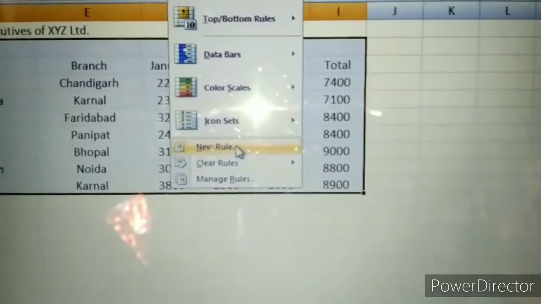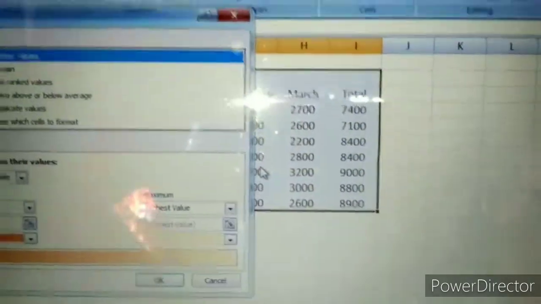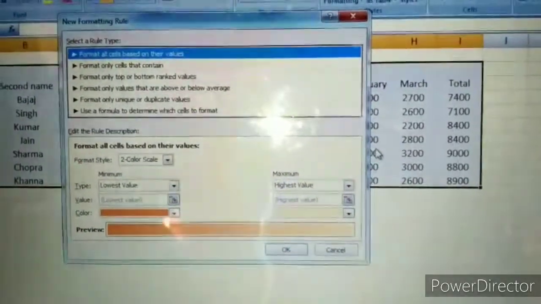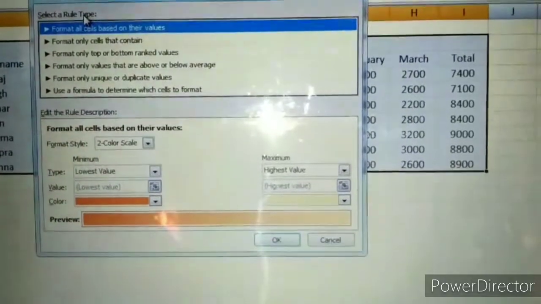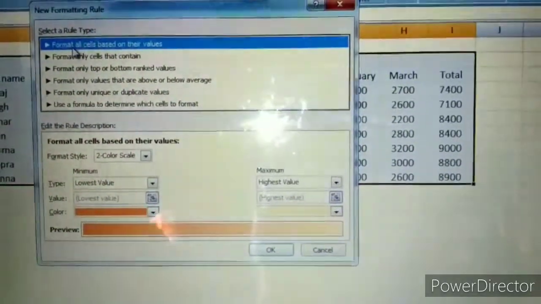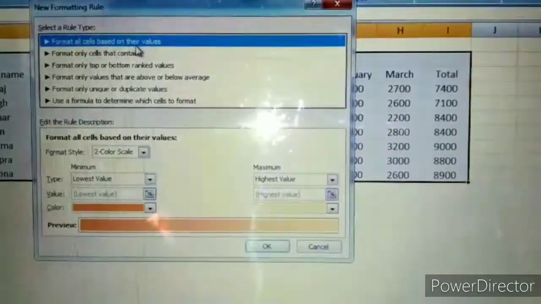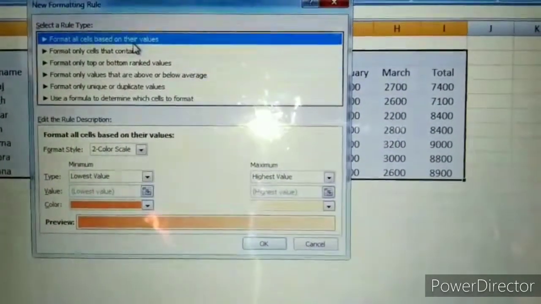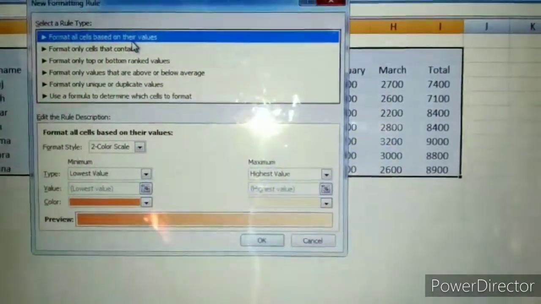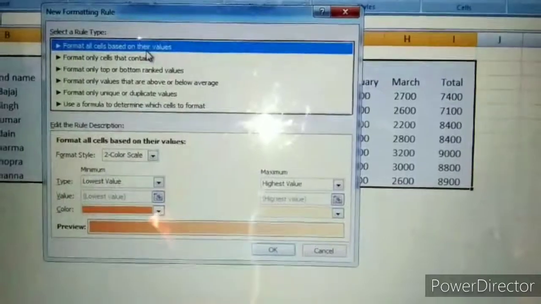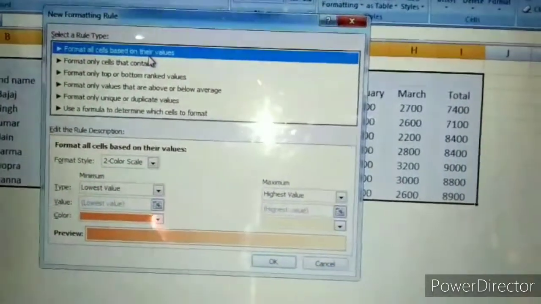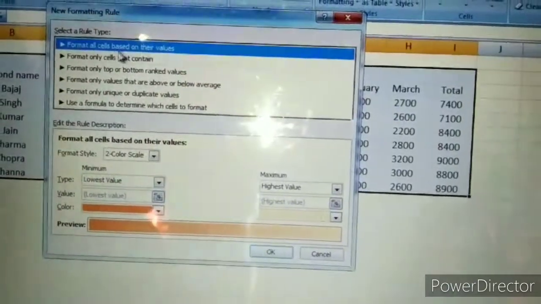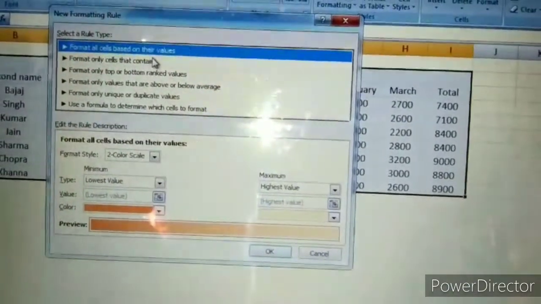You see new rules, we click new rules and we get this dialog box. In the dialog box you see select a rule type. First, format all cells based on their values. We will format, that means we apply bold, italic, highlighted cell color, border, etc., based on their values.